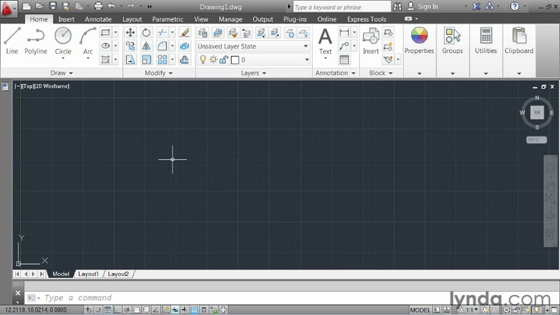AutoCAD is a vector-based application. This means that all of the geometry that we see in a drawing is tied to an underlying coordinate system. This coordinate system allows AutoCAD to know with a high degree of precision where everything spatially exists in a file. In this lesson, we're going to take a behind-the-scenes look at model space to better understand how AutoCAD manages our